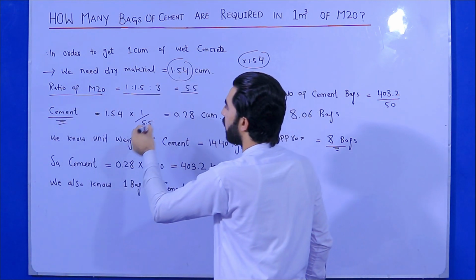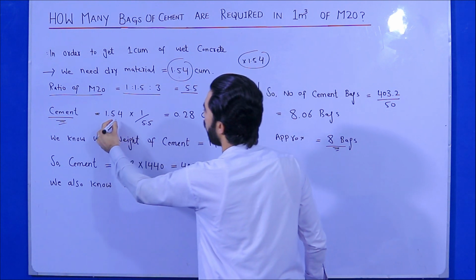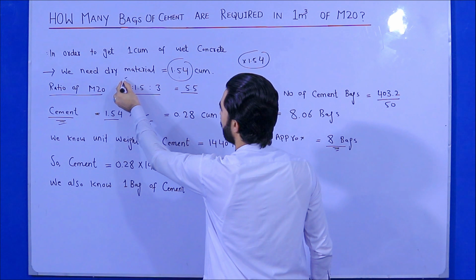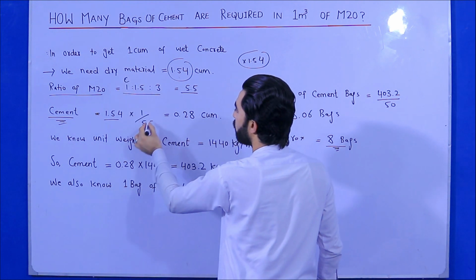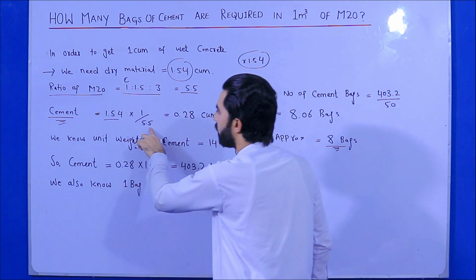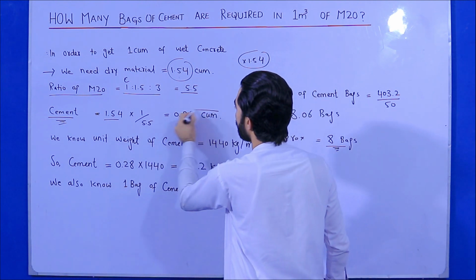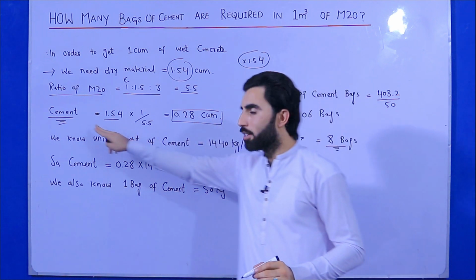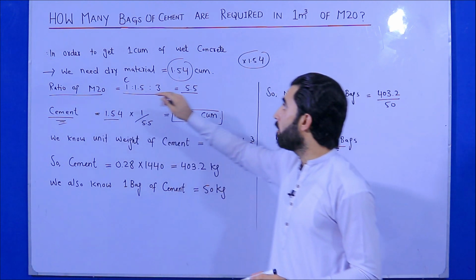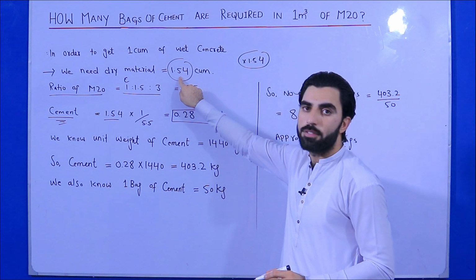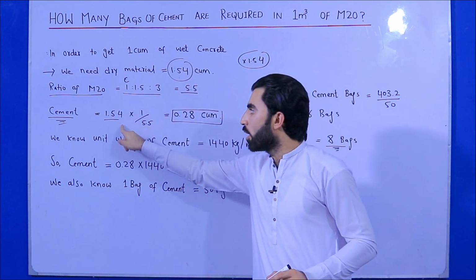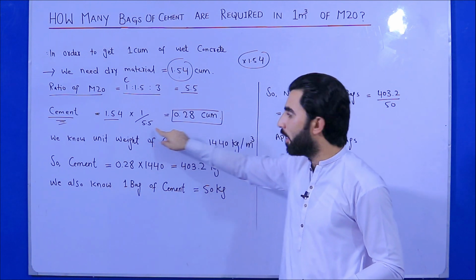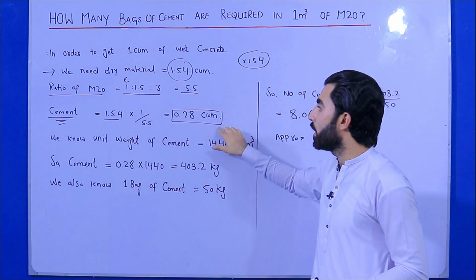As you know, the concrete volume is 1.54, multiply 1 part cement, and divided by sum of ratio, which is 5.5. So we require 0.28 cubic meter volume of cement, and the volume of total concrete is 1.54. So total volume 1.54 multiply 1 part cement divided by sum of ratio 5.5, then we need 0.28 cubic meter